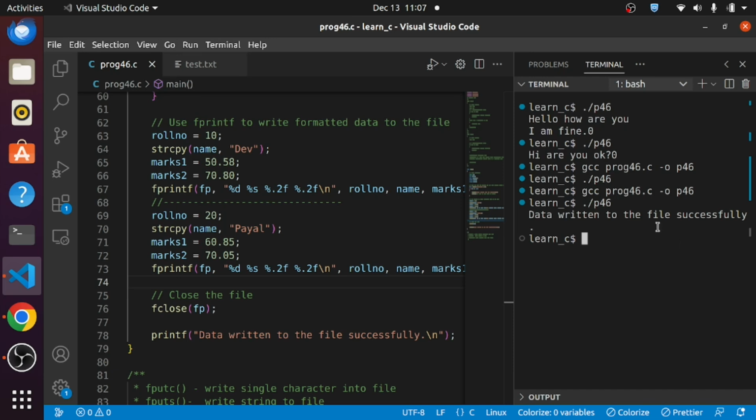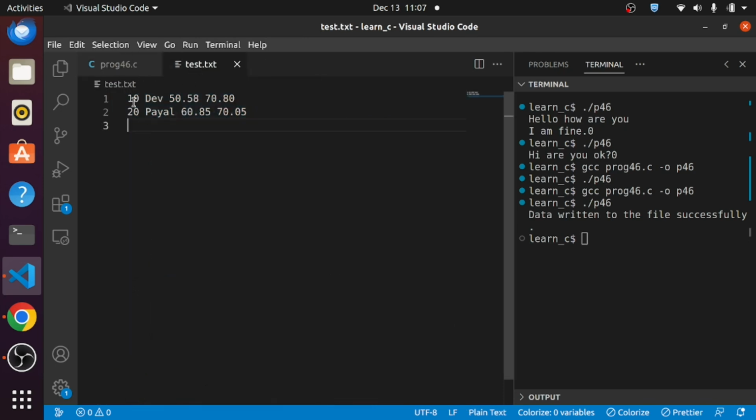See, data written to the file successfully. This line is over here. Okay, so let's open this file. See,